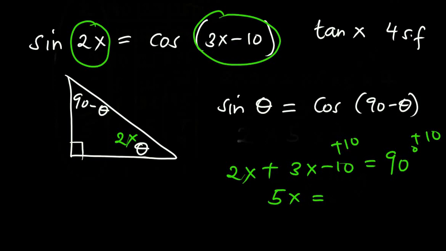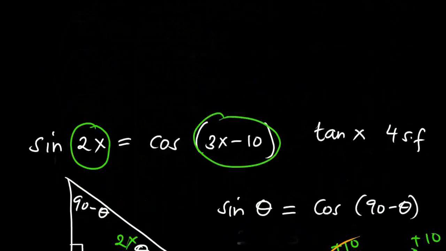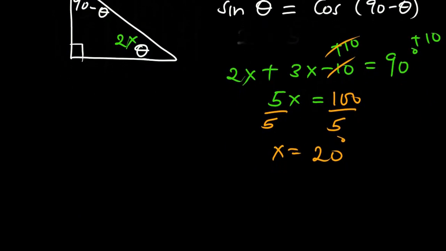Okay, so this is going to cancel out, and then 90 plus 10 is going to be 100. So when we divide both sides by 5, the value of x is going to be 20 degrees. But the question required us to find the tan of x, and since we now have x as 20 degrees, the tan of x is going to be tan 20. You can go to your calculators and get the value of tan 20, which is going to be